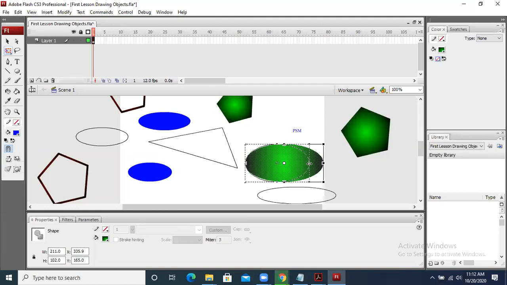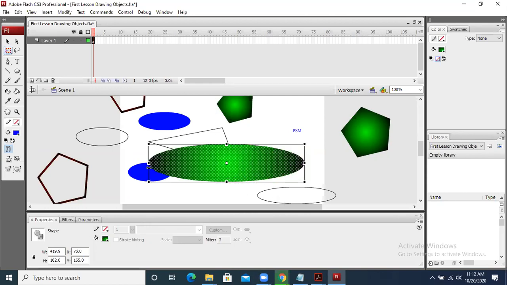If I'm decreasing it, it is now 160. Can you see this? If I increase it, let's suppose, it is now 419. The width is 419. Let's suppose I make the width 450. If I put it over here directly, it will become 450 directly. Okay, now you can see this.